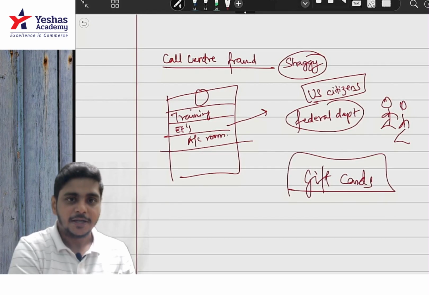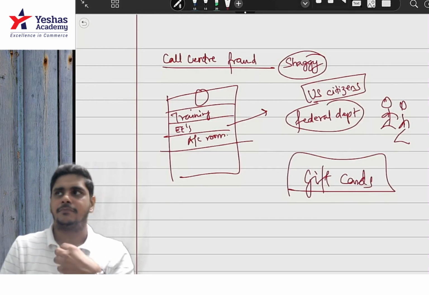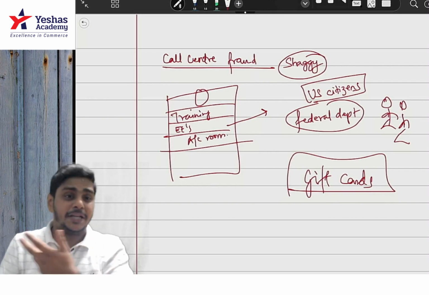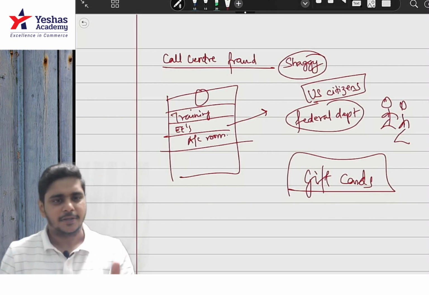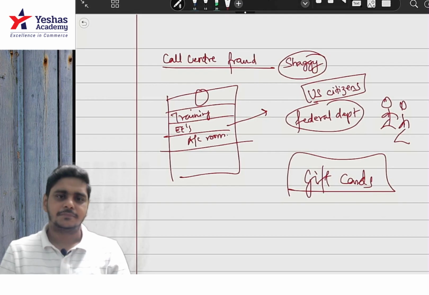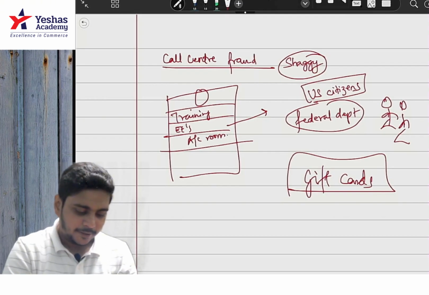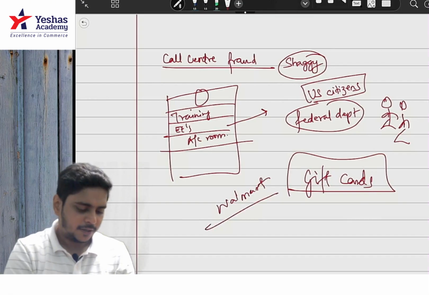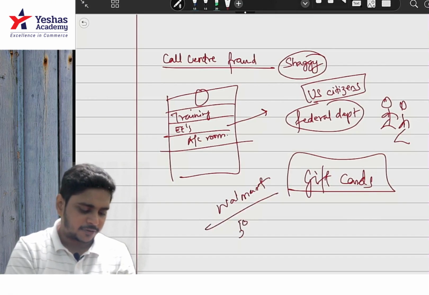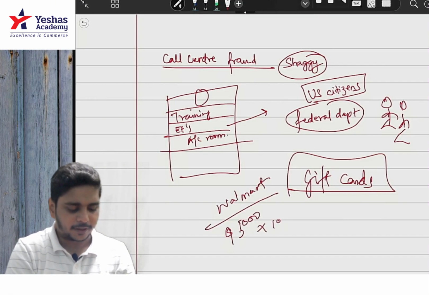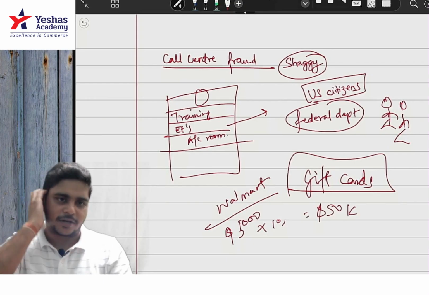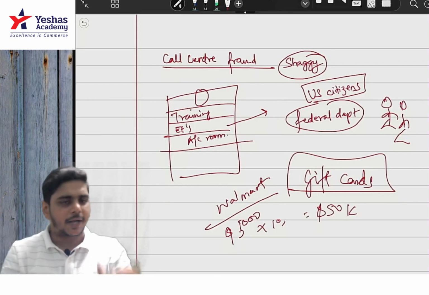Gift cards. Like for example, today Shoppers Stop is there, Metro is there, D-Mart is there. You get gift cards, right? Gift cards carry a value like money. So let us assume hypothetically, you have to get Walmart gift cards of maybe $5,000 each, you have to get 10. Imagine the $50,000 payment you were supposed to make. So get 10 gift cards of $5,000 and share the gift card numbers. We will call you again.